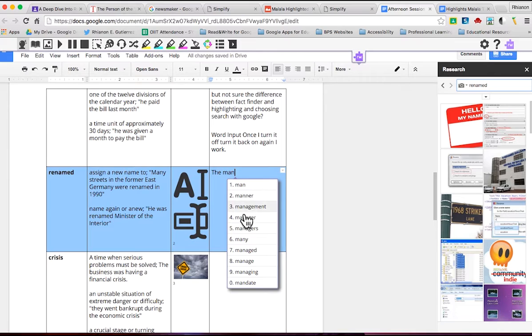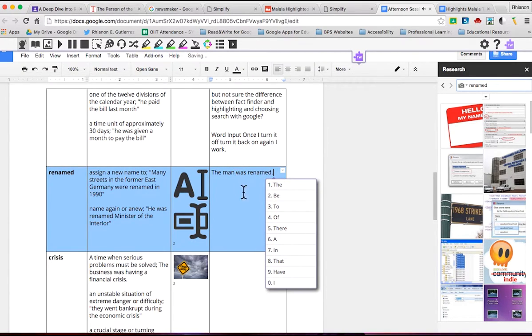Now you notice here all of these options are there. You can actually customize this word prediction list by going to your settings. It does not always have to be in English. It can be in other languages.